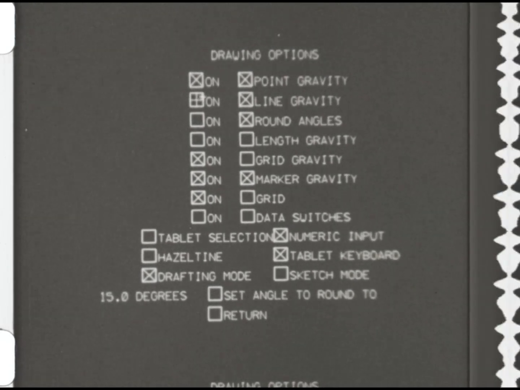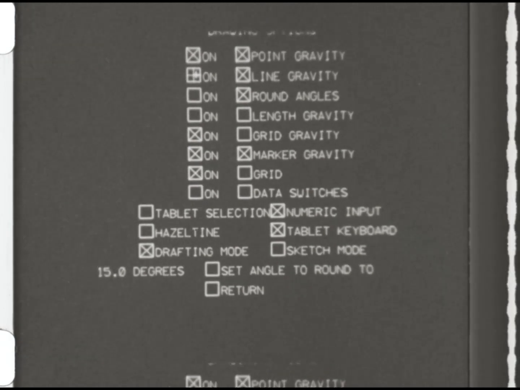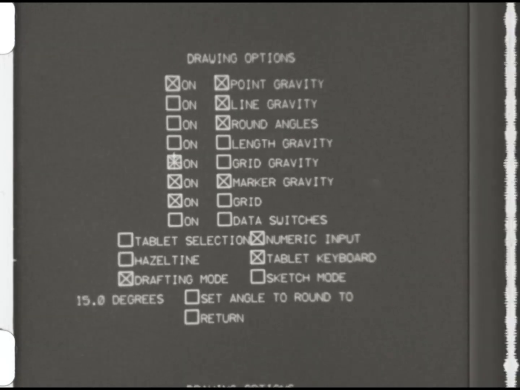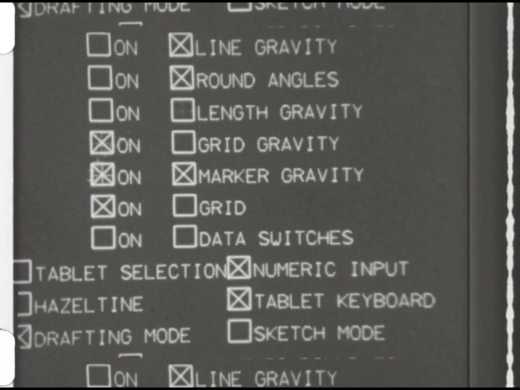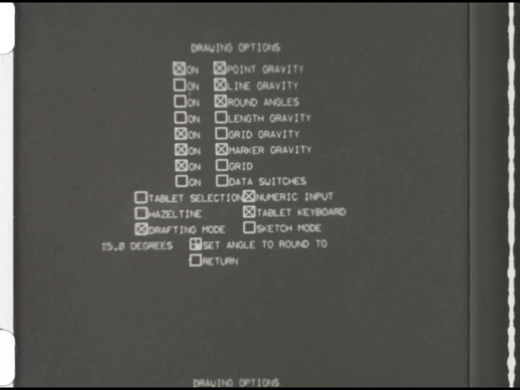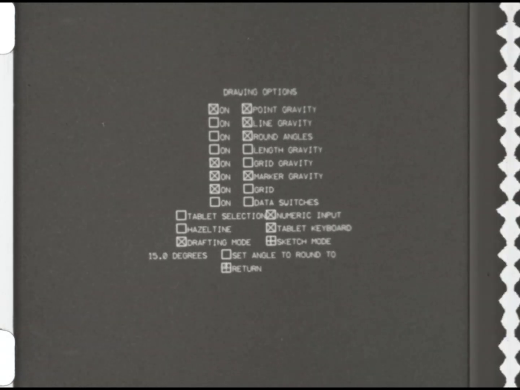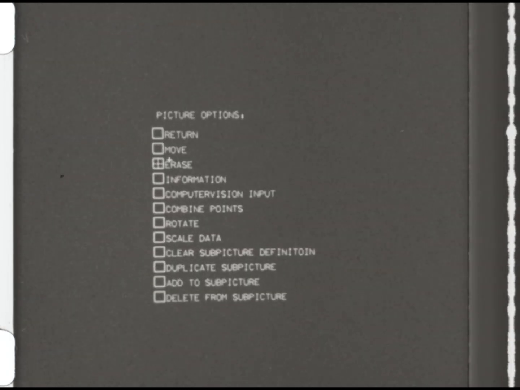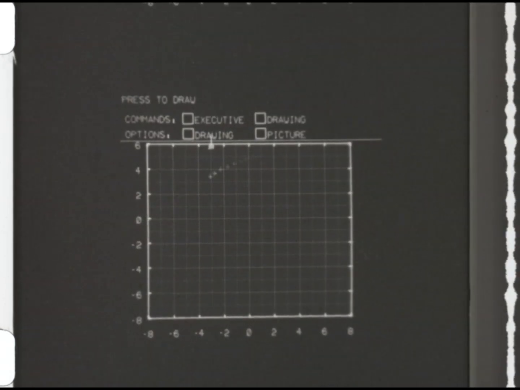Point gravity means that the pen will jump to a point. Line gravity means it will jump to the nearest line. Grid gravity allows us to draft things very quickly because the pen jumps to grid coordinates. We can turn these things on and off. We can make it automatically round to the nearest 15 degrees on angles. We can put it into a sketch mode, which allows us to sketch in any sort of a figure that we'd like. Let me erase the old figure, and